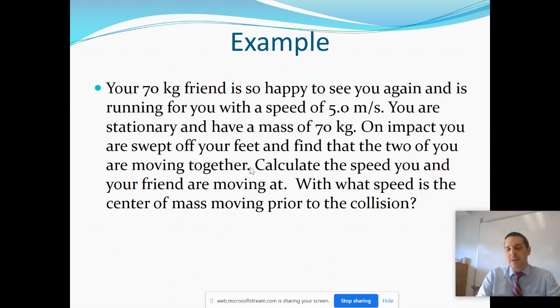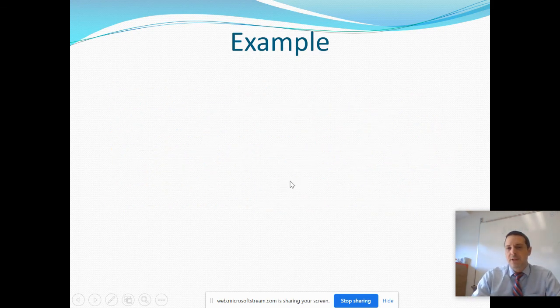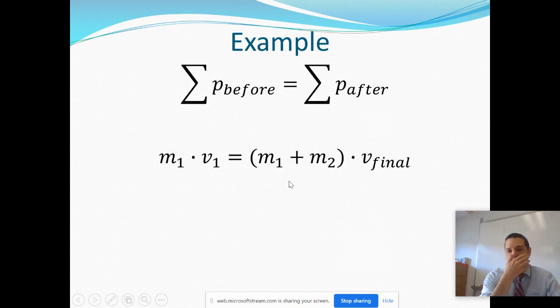I hope it might occur to you that if you run up and pick something up, something that's massive, in the act of picking it up, it'll have some inertia that's going to slow you down. If you pick up something stationary, you always have a little bit of a drop in speed yourself. So let's find out what that drop in speed is. In order to do that, we've got to figure out all the momentum that's occurring before and all the momentum that's occurring after. So here I've written an equation to capture this.